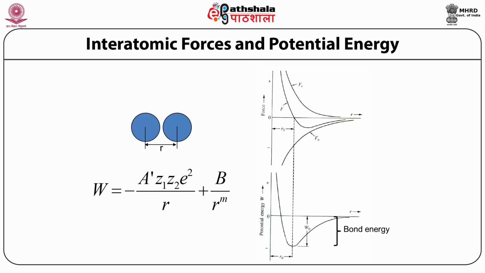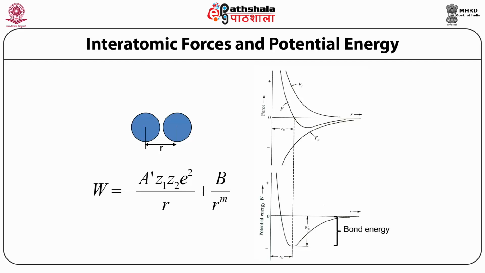When the atoms are closer, the repulsive forces are high due to repulsion between the outer shell electrons of two atoms, and when atoms are taken further away, they drop very rapidly. At a distance r0, these forces cancel each other, and this is called equilibrium separation between the atoms. At this distance, the potential energy of the system becomes minimum, which is shown in this figure, and the overall